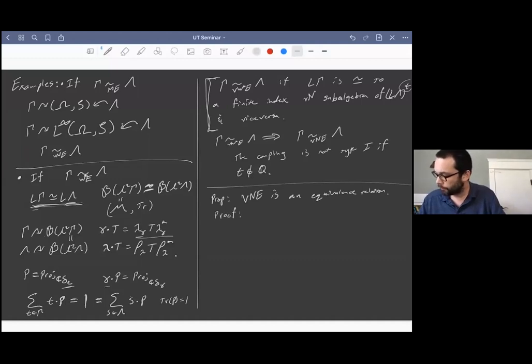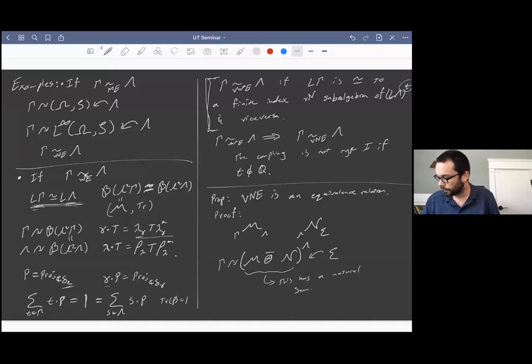If you have a von Neumann equivalence between gamma and lambda, and you have another von Neumann equivalence between lambda and sigma, then you just take their von Neumann tensor product, and now lambda acts diagonally here, and so you look at the von Neumann algebra of fixed points for this, and now you have that gamma, of course, acts here by just acting on M, and sigma acts here by acting on N, and then you have to do a little bit of work to show that this has a natural